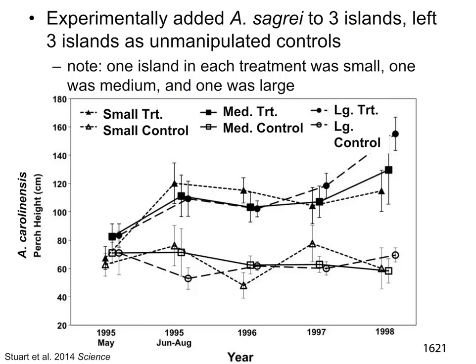And so one island, by the way, was small, one was medium, and one was large, and then they looked to watch the effect. Now again, read your axis, okay? So we get the carolinensis and the perch height on the y-axis, and then the year is on the x-axis. And what you can see is where they happen to add this invader, the carolinensis was found at much higher areas. So once again, suggesting resource partitioning so they didn't have to completely compete with the new introduced